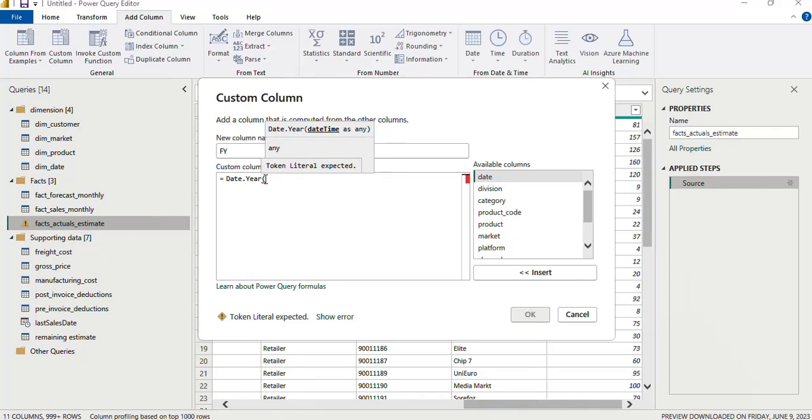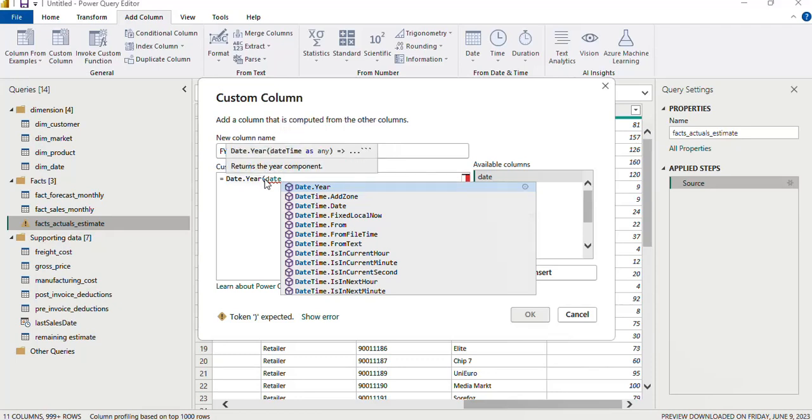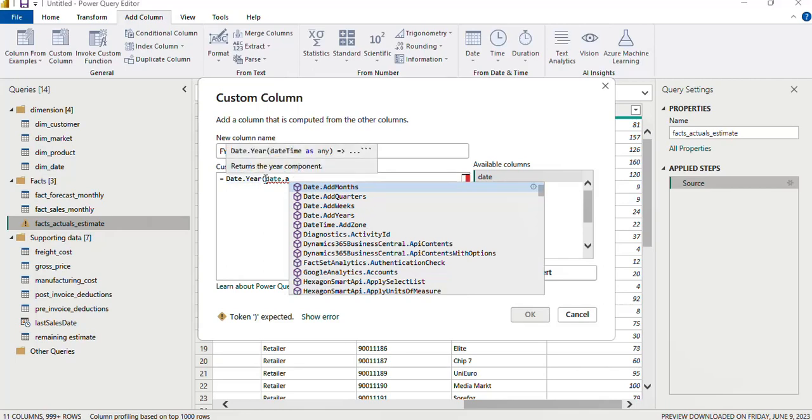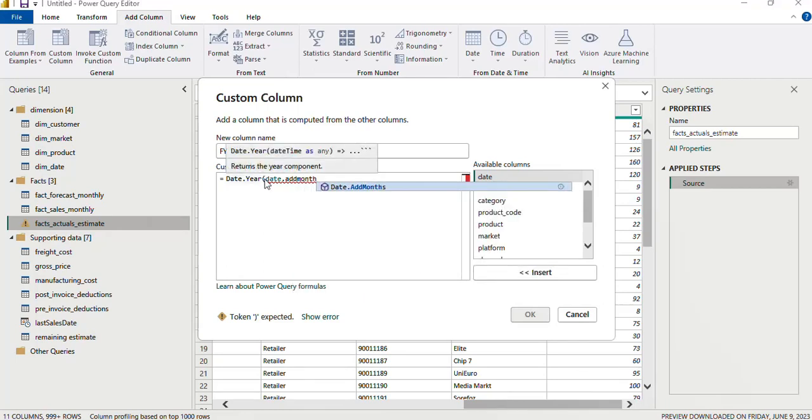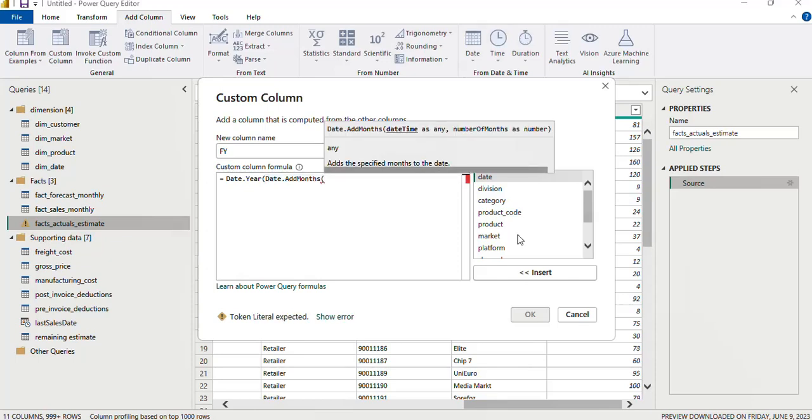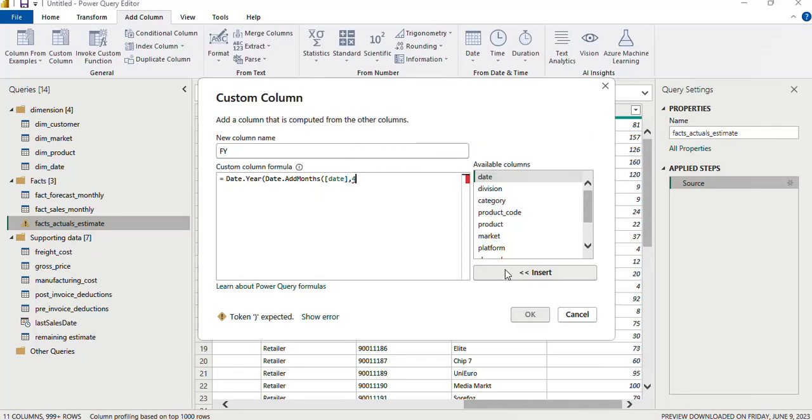What I'll do is that I'll say date dot add month, date dot add month, and I'll include the date here. And make it 4 years, and